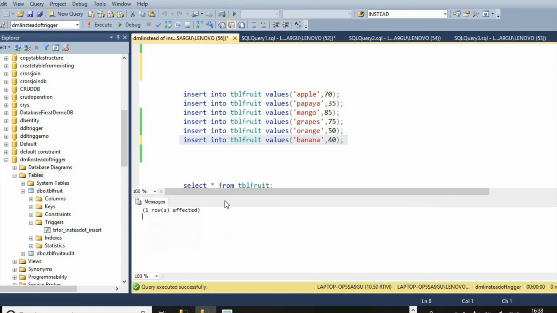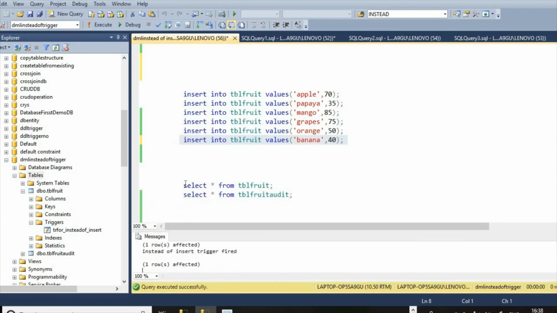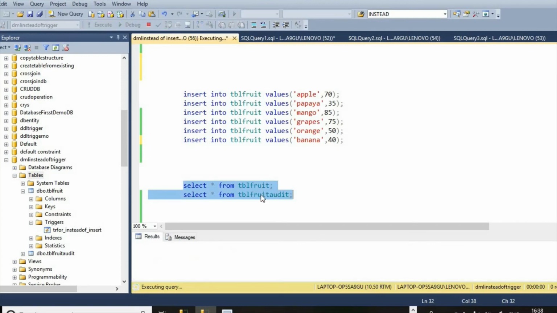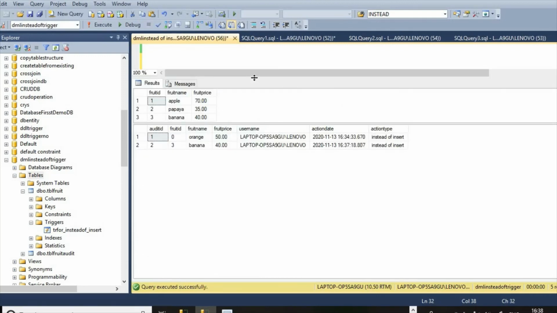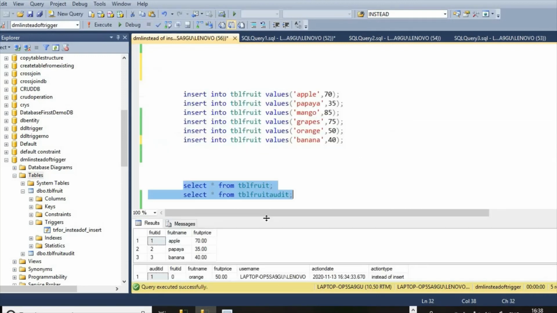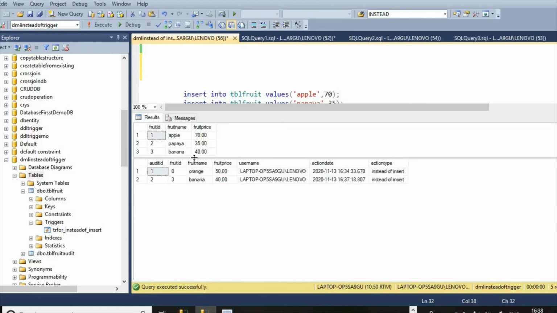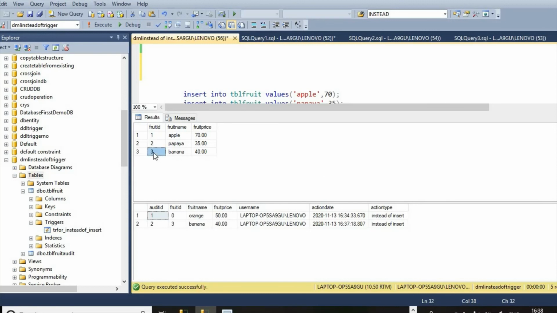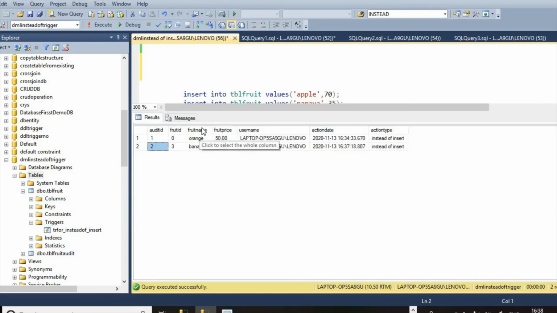If we see here, now we can see here fruit ID 3, fruit name banana, then fruit price 40.